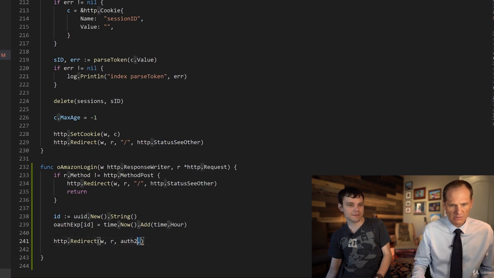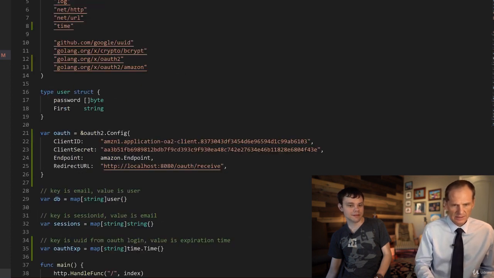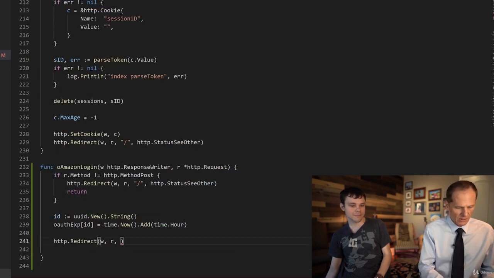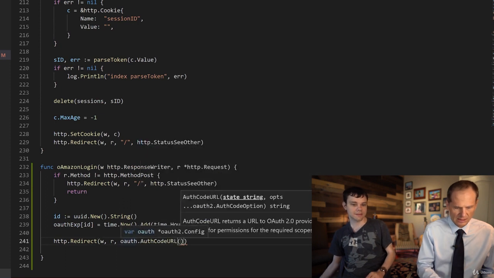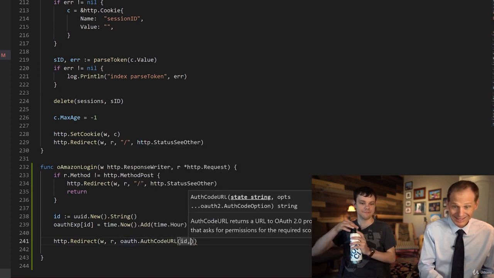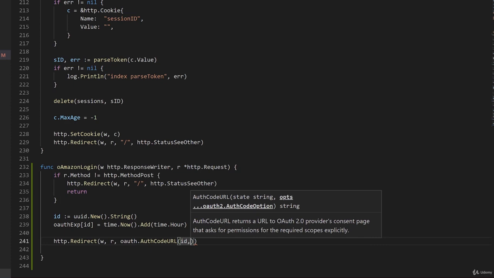It's a method. So my config was called OAuth. OAuth dot auth code URL, and we need the state string, which is the ID, and we need the options. You can leave those out under most circumstances. Oh, you can just leave it blank, because it's a variadic parameter. And it returns a